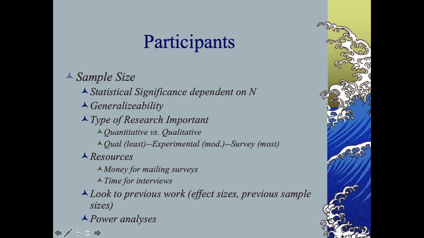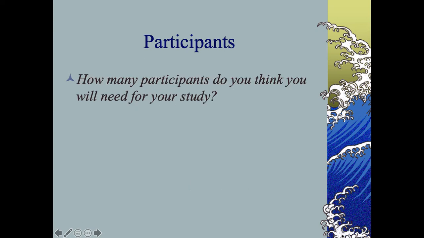Graduate students have to do that to show how many participants they would ideally need to collect to be able to reach statistical significance. So think about yours. Who would you want? How many would you need? How would you get them, right? All of those are critical to the participants section of your proposed methodology to show that you thought through who you hope this to generalize to, as well as the avenues to get them and get a representative sample.